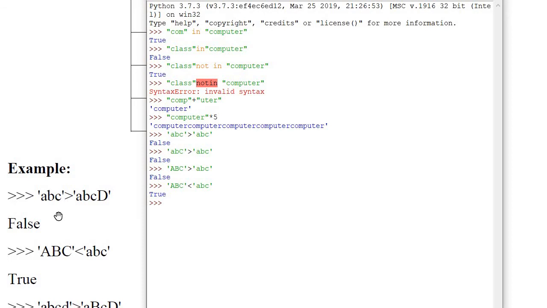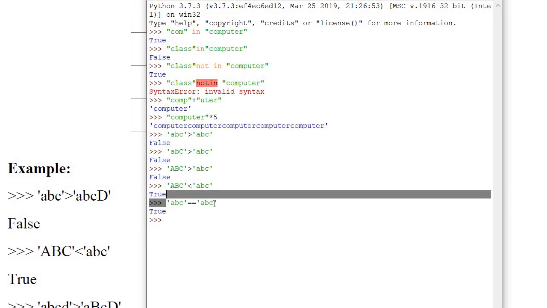So this is one comparison operator, and you can use other operators also. When I told you about operators in my operator video, I told you about all the comparison operators. So if you forget those, then you have to see it again. Now it will return true because both the ABCs are equal. Now what happens if you use a single equals to sign?